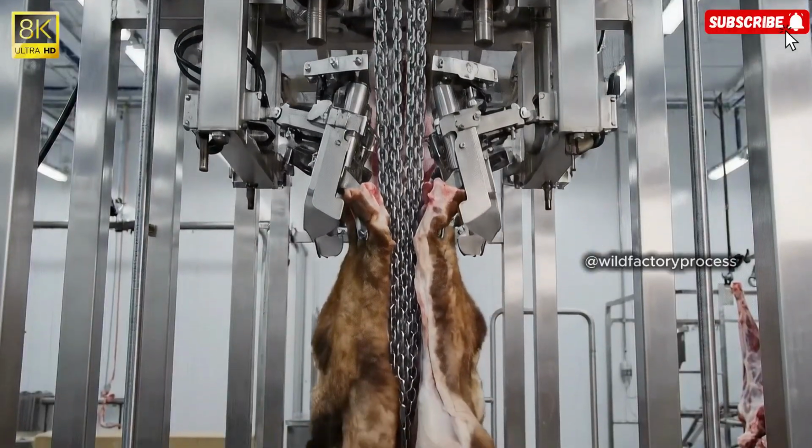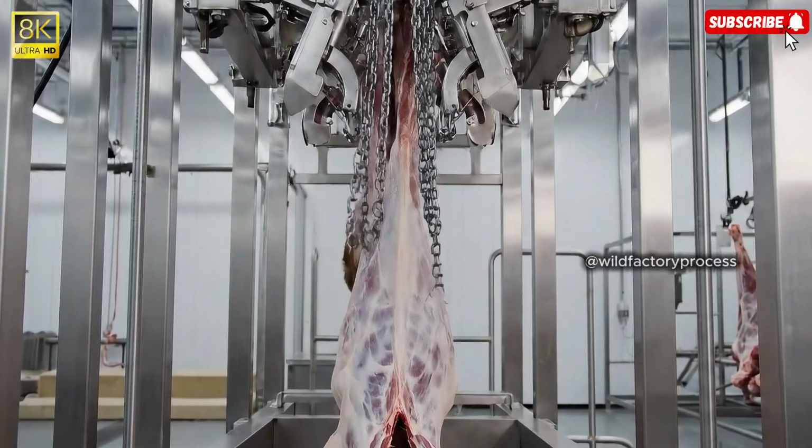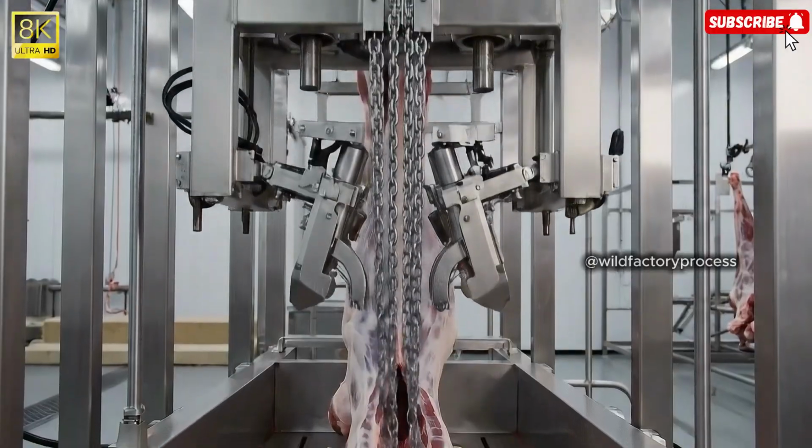Industrial mechanical hide puller machine with chains gripping the hide edge, automatically pulling it away from the...